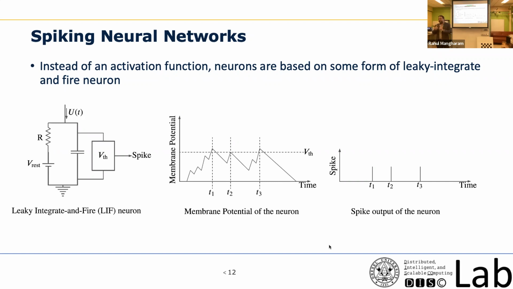Okay, and what is that called? There's a name for it in cell biology. It's the refractory period, where you just wait for a certain amount of time before you can fire. Even if your potential is still higher than the threshold, you cannot fire a second spike. You have to wait for a certain amount of time, and that is defined by the refractory period. And all those things are implemented in this logic.